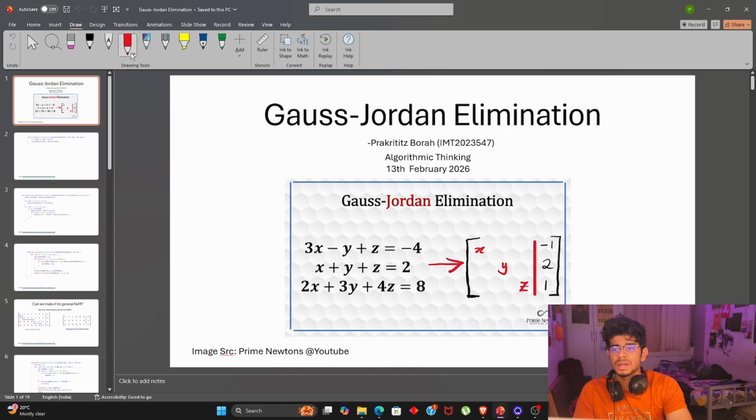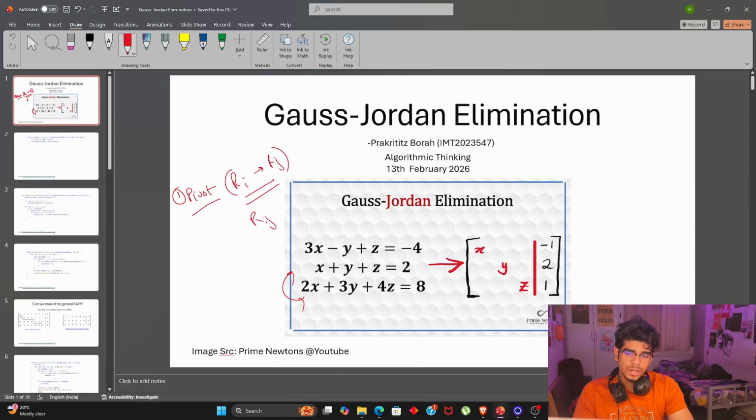By pivot, I mean you swap Ri with some Rj, and Rj with some Ri. You just swap the elements or the entire row,